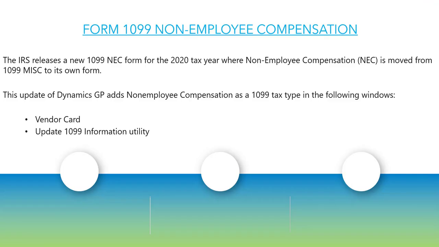The next couple of enhancements have to do with the 1099 form changes within Dynamics GP. If you're printing 1099s from GP, you're probably already familiar with this change. In 2020, or the tax year of 2020, the NEC form was introduced. That was added into GP at year end and also required a number of changes to the miscellaneous form